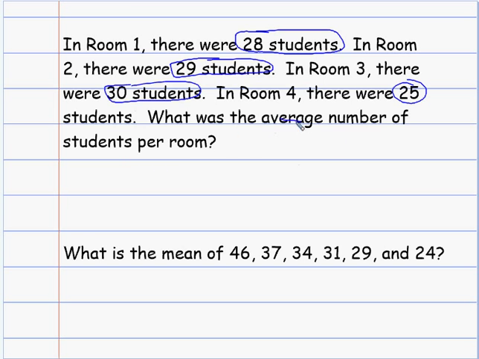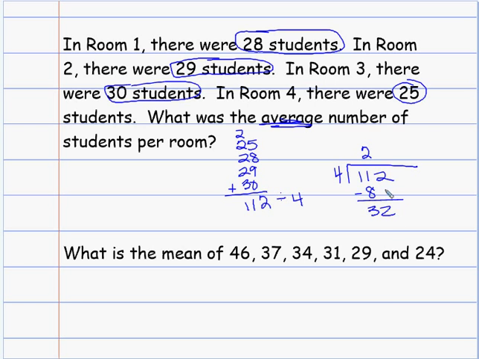So I need average, so I need to add them up. 25, 28, 29, and 30. Let's see, 13 plus 9 is 22. 2, 4, 6, 8, 11. Now I need to divide that by the total number, divided by 4. So 4 will go into 112. How many times? Let's see, it looks like 28. So there were 28 students